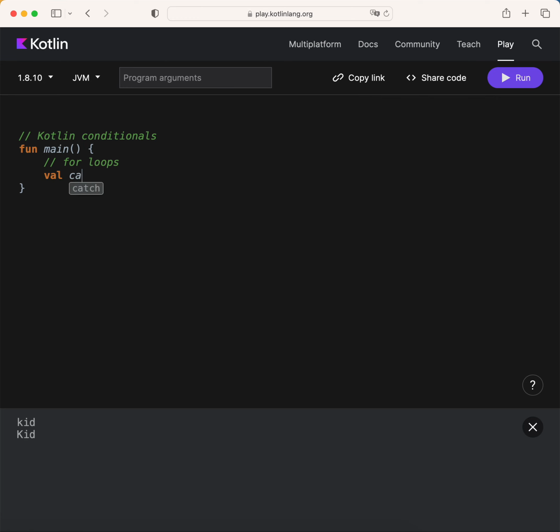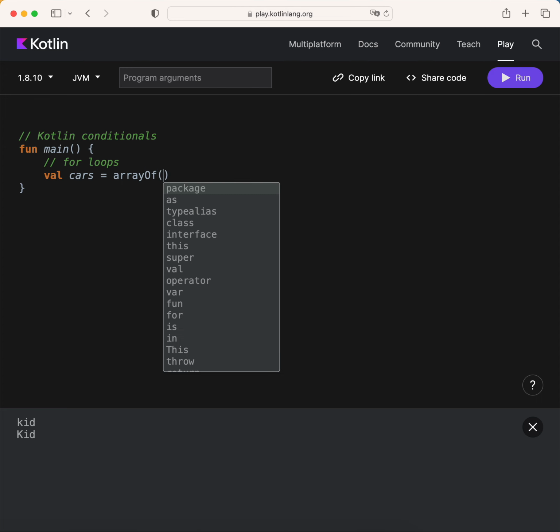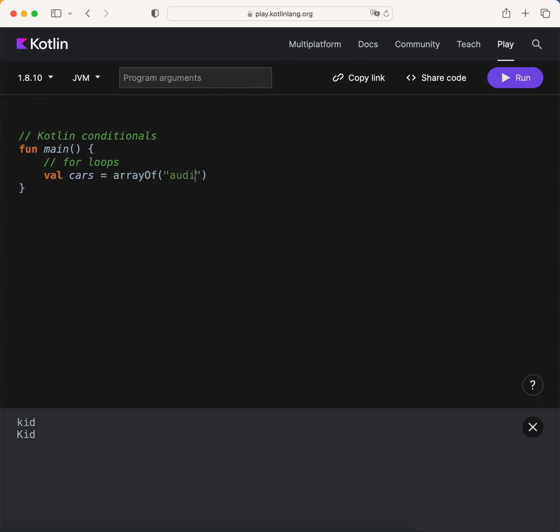So let me create some cars, an array of cars: Audi, Fiat, Ferrari. What I can do is use a for each loop